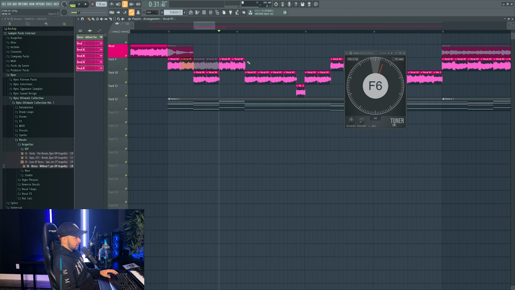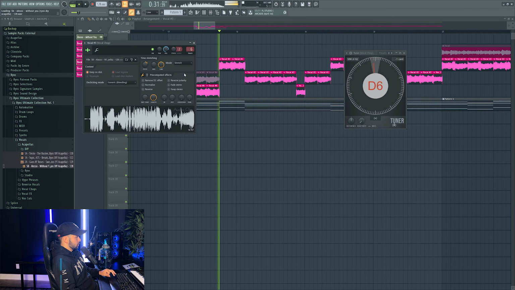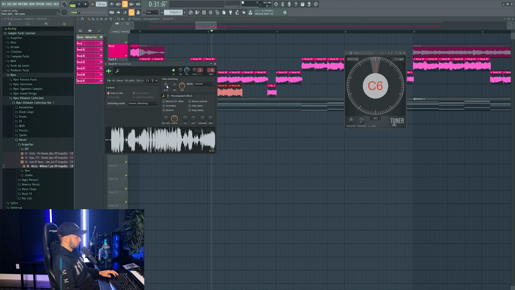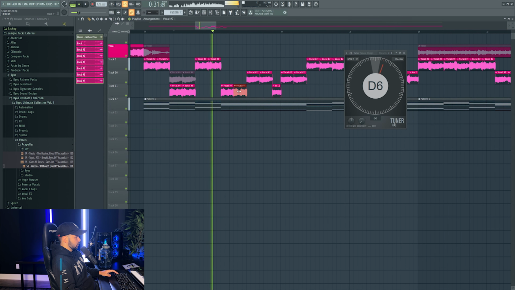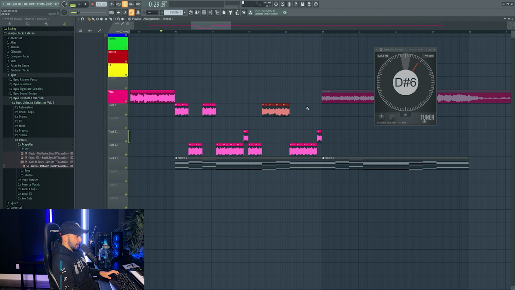So what I want to do is I'm just going to go ahead and pitch it to sort of match the melody of the chord progression and kind of make this the main chop. And then we'll throw in a few different bits and pieces there. All right, I'm in love with how this is coming out. Now, the only thing I'm debating right now is the second go around, I'm not using that same slice anymore.